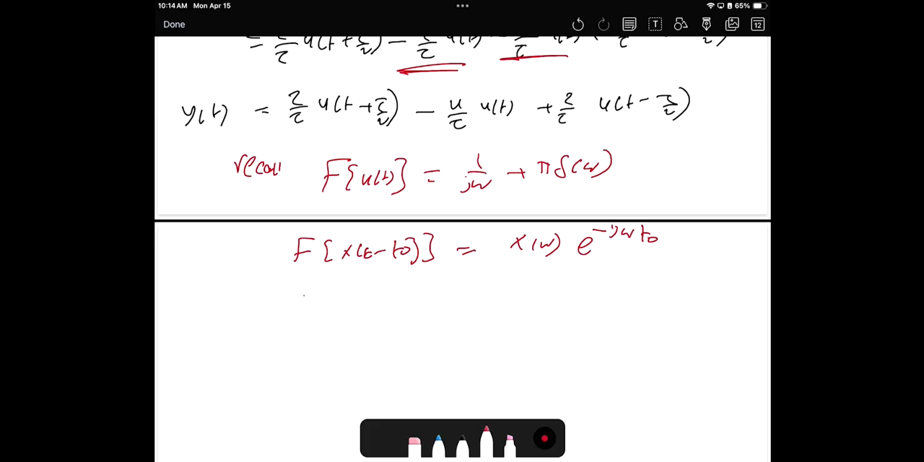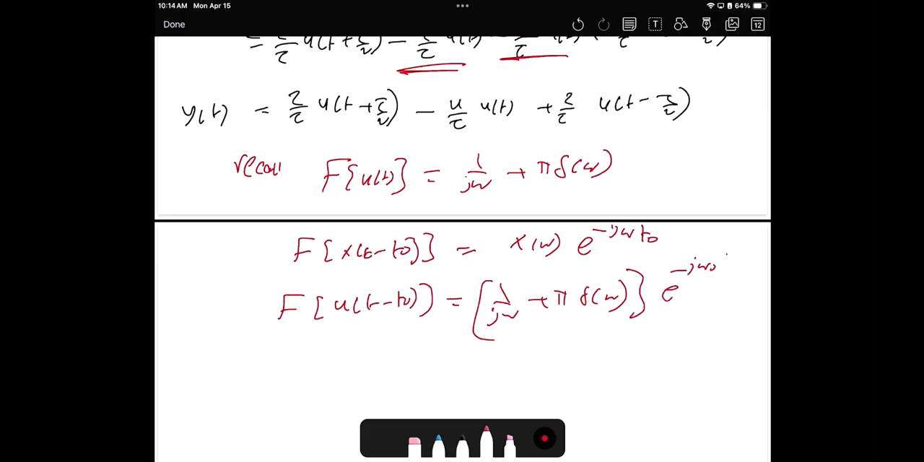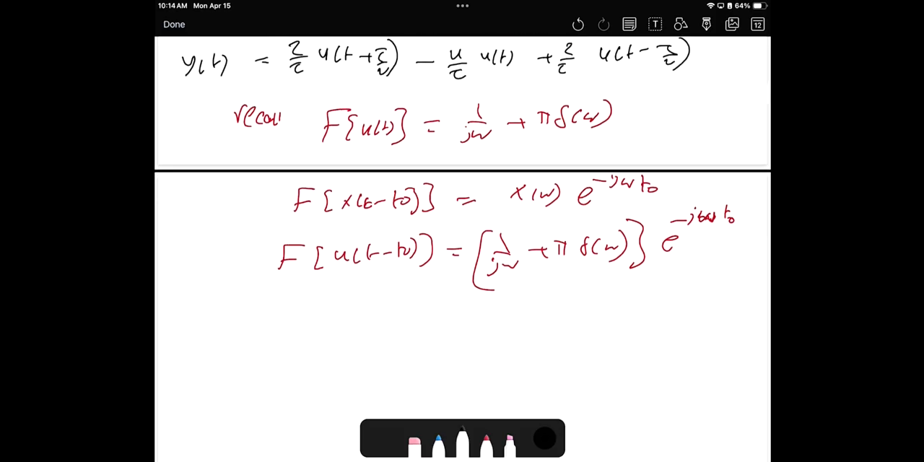This means when we do a Fourier transform of u of t minus t0, this will be 1 over j omega plus pi delta of omega, all of it times e power negative j omega t0. Now, after here, I try to put this in my mind so I can be capable of how to do the Fourier transform. So let's do the Fourier transform, which is Y of omega,